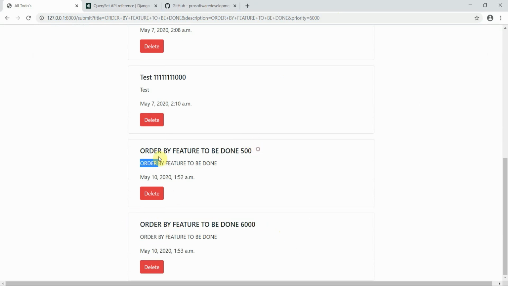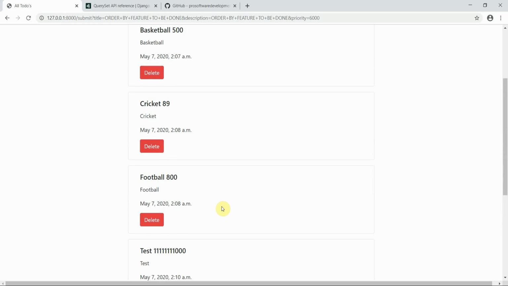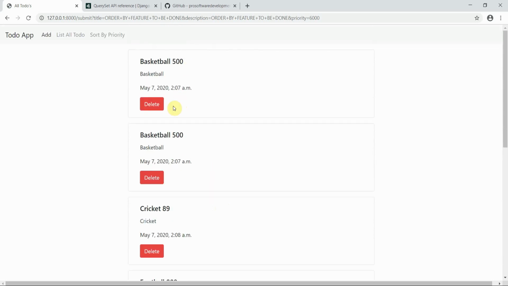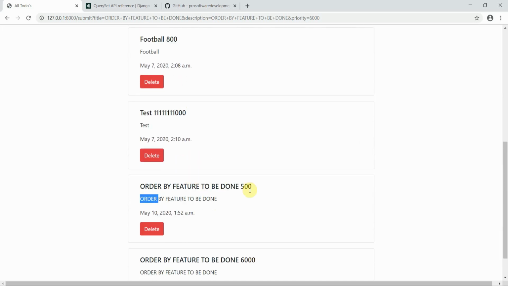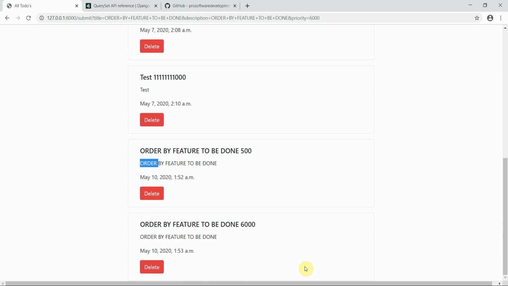And this one is 500. Now we have the priority numbers: 500, 589, 800, 500, 6000, and we want to order the data according to the priority numbers. We can use the order by feature. That's going to be pretty fine.